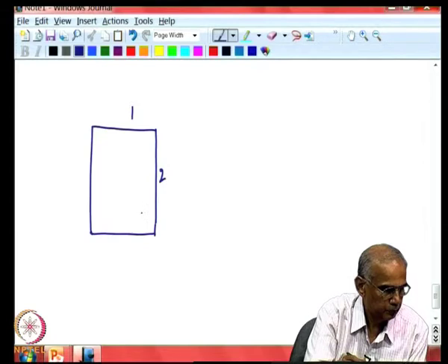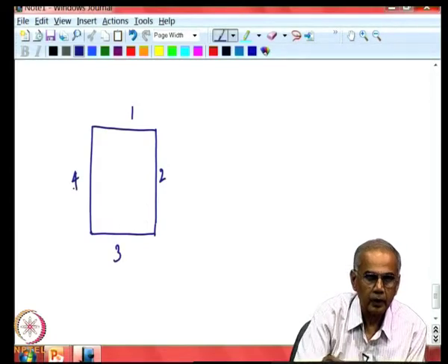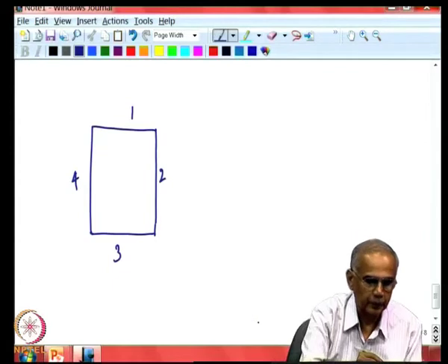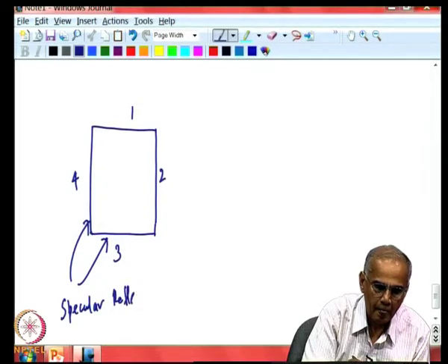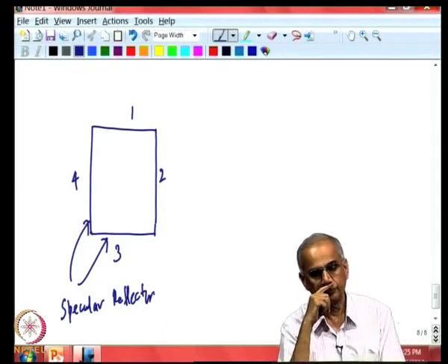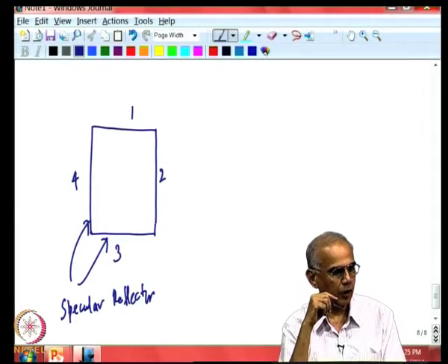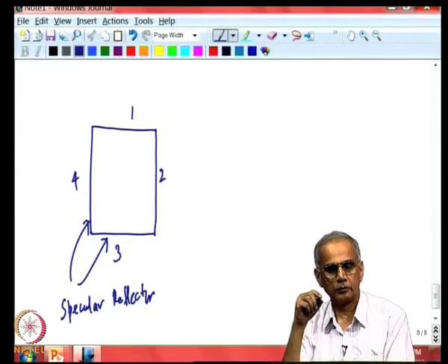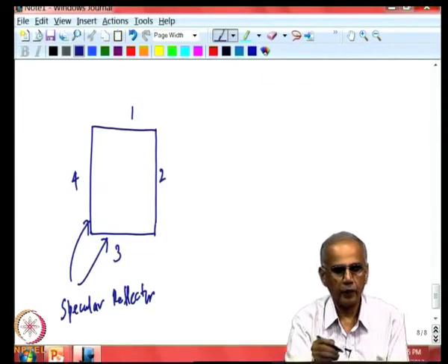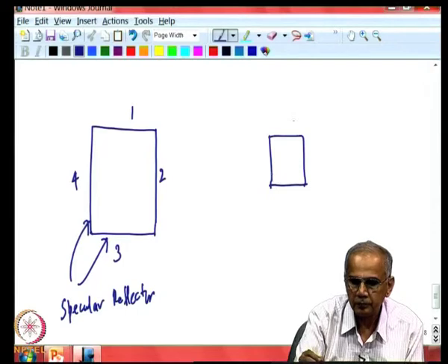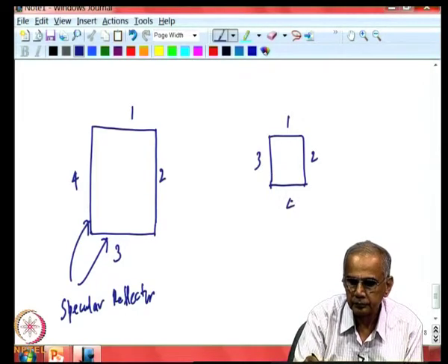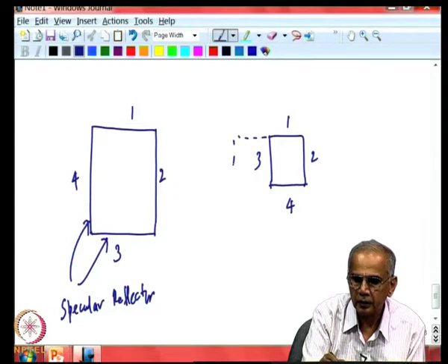one, 2, 3 and 4. Now, there are two surfaces which are specular reflectors. Okay. So, now we will draw images of 1 and 2 and 3 and 4. Let me draw it simple in a smaller way, so it is easy to draw the images. So, image of 1 and 3 is here, image of 3 and 2 is here, the image of 1 and